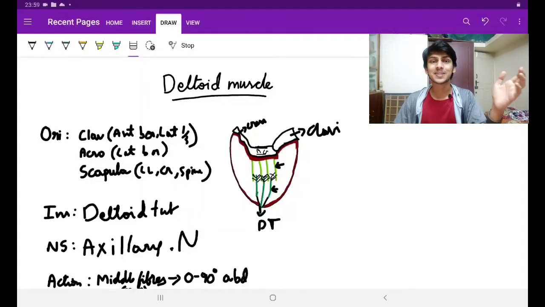This is Ulas. Today we'll be studying the deltoid muscle. Okay guys, let's get started. Where have we seen the deltoid muscle? Where is it present? Deltoid muscle is present in the shoulder region. It is a chief abductor of shoulder joint from 15 degrees to 90 degrees. It is an abductor, isn't it?